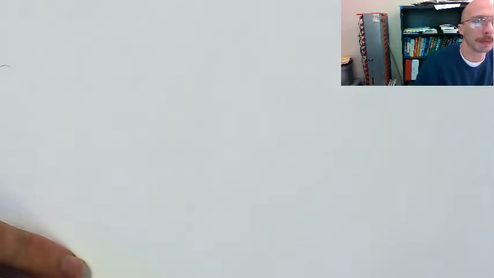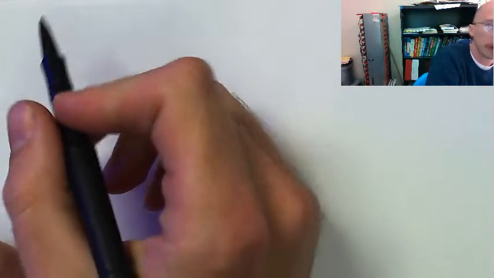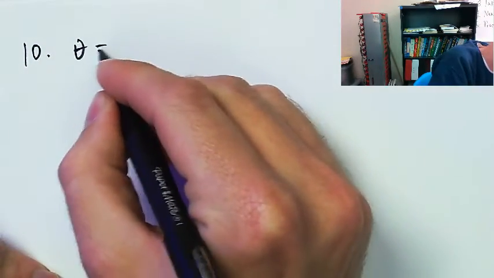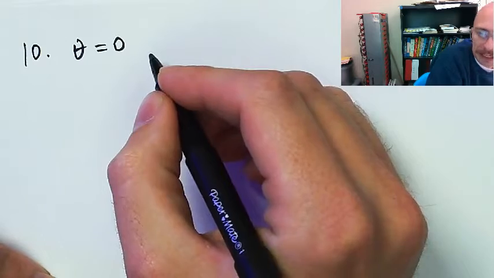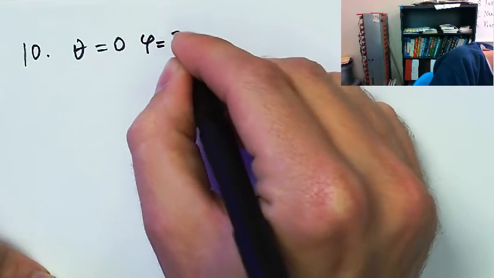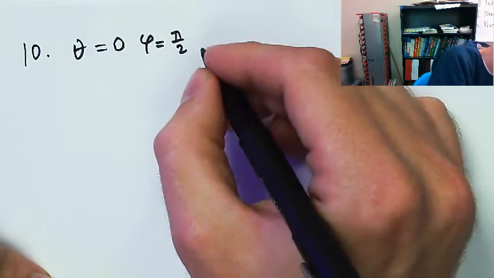Number 10 says describe the set of points. Oh yes, I remember this is related to a question I took in class, and I realized I could make some problems out of this. So 10, if theta equals 0 and phi equals pi over 2 and rho is positive,